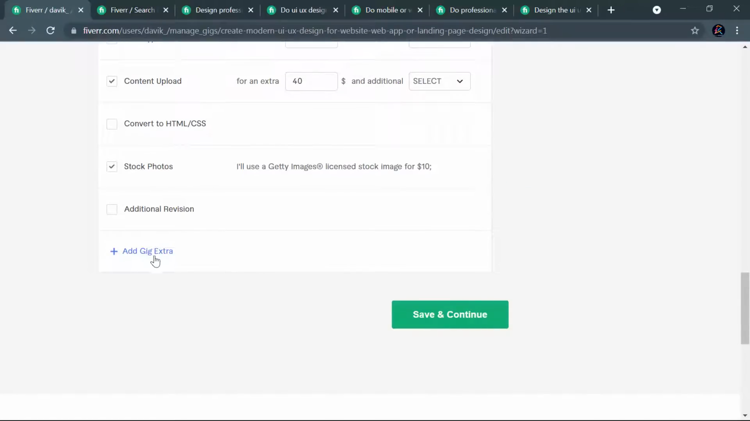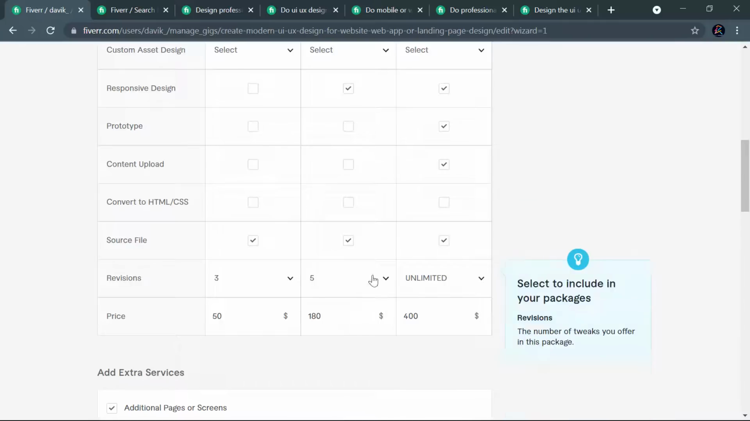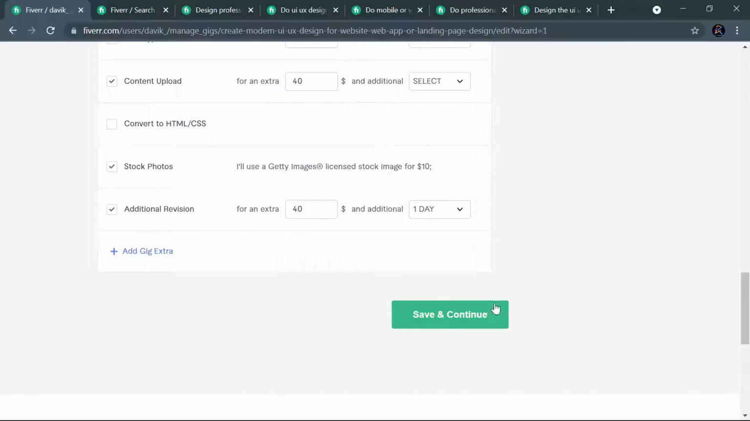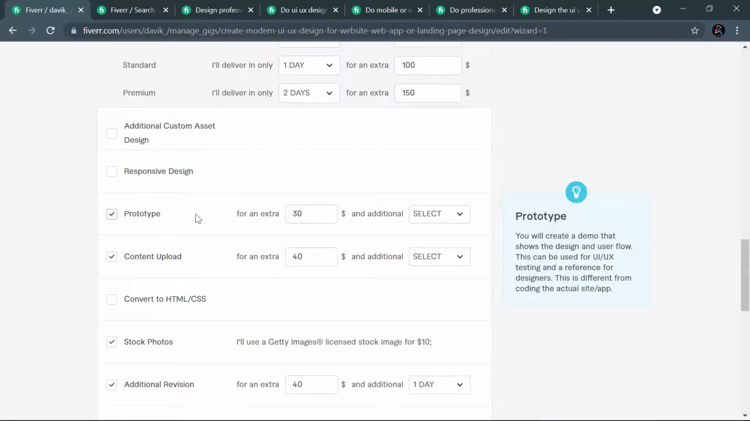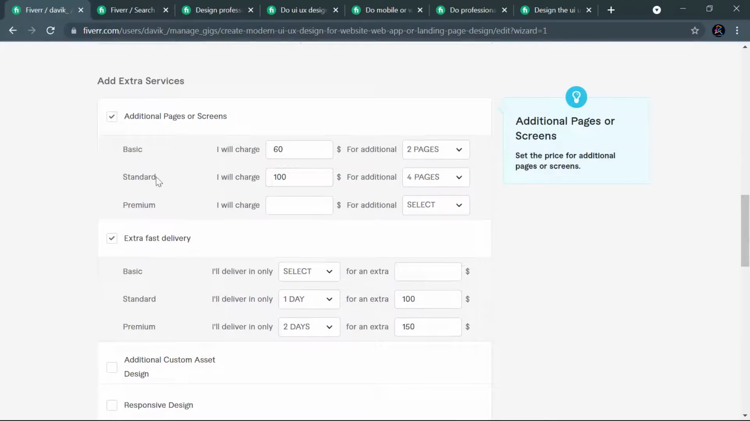You can also add additional gig extras that are not part of this. You can add additional revisions. For more revisions, let me say I will do more revisions for $40 for 1 day. Some clients will order your basic or premium package and as well order all your gig extras, because some clients just want to get everything done. Some will only order more stock photos, content, prototype and all that. But some clients will order everything. That means if a client is ordering your additional pages or your standard gig, you are getting an additional extra